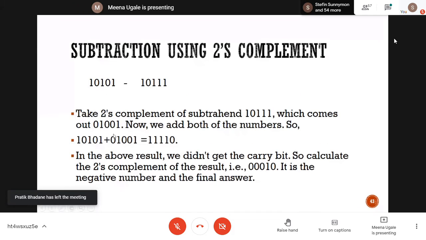Second case, just now what we have seen is, after taking this 2's complement and adding up, you get a number like this. No carry is generated. What does that mean? This representation is a negative number of something. So your final answer is a negative number. You find out 2's complement of this number, that is the result like this, and mark it as a negative number. This is -2, which will be the answer. This is the 2's complement method for subtraction.